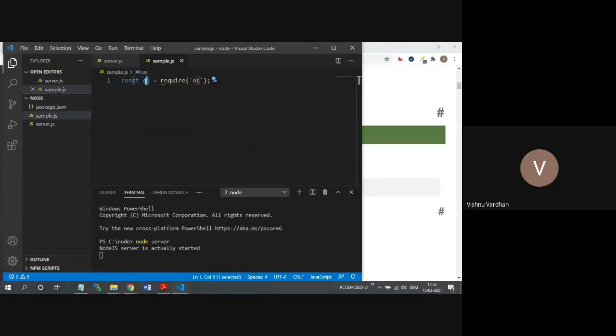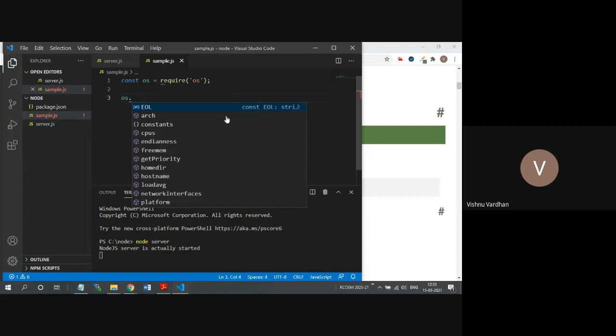So there is a constant OS. This can be any name actually, but generally what we do is we give the name of the package so that we can remember it after you have some 50 to 100 packages working in your project directory. Okay. So after accessing this particular package, what you want to do is type OS dot, and it will provide all the available methods.